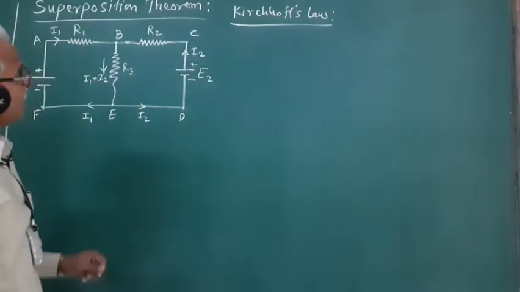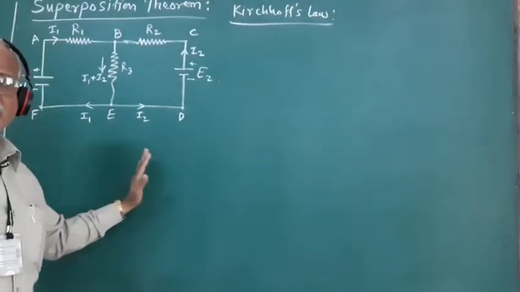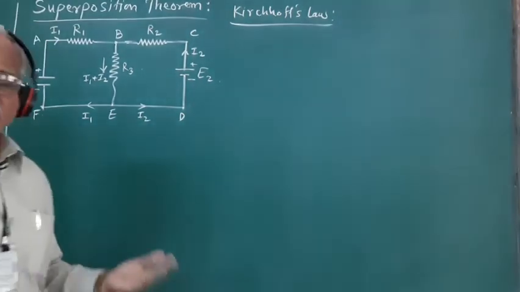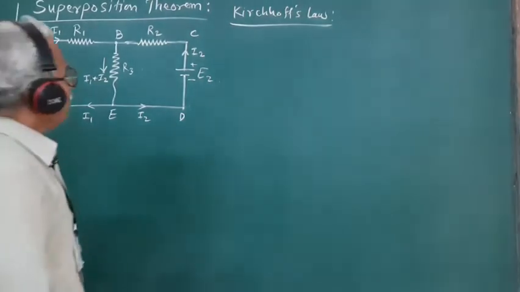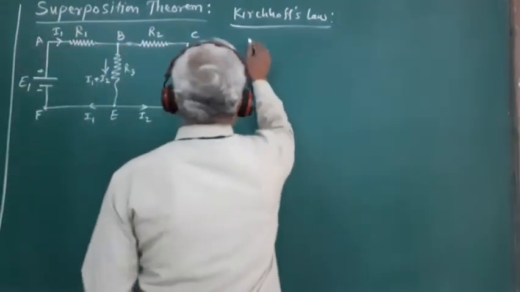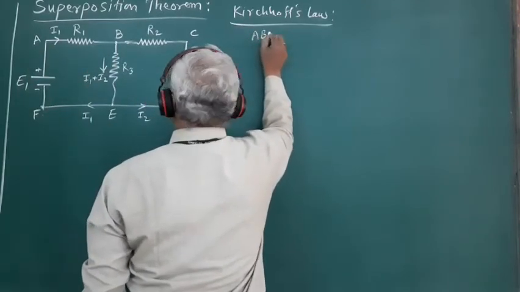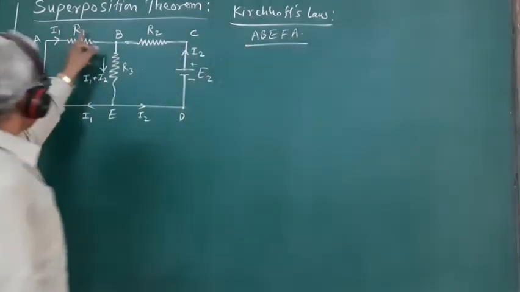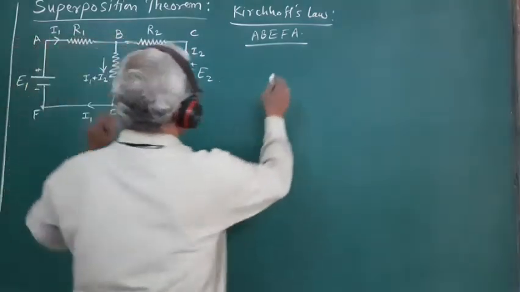So we have said that when we want to apply the Kirchhoff's law, we have to write down the voltage equations for the different loops in the given network, and by solving these voltage equations simultaneously, we can find out the required current. So let us first apply this Kirchhoff's voltage law to the loop A, B, E, F, A. If we apply the Kirchhoff's voltage law to this first loop, what we can write is